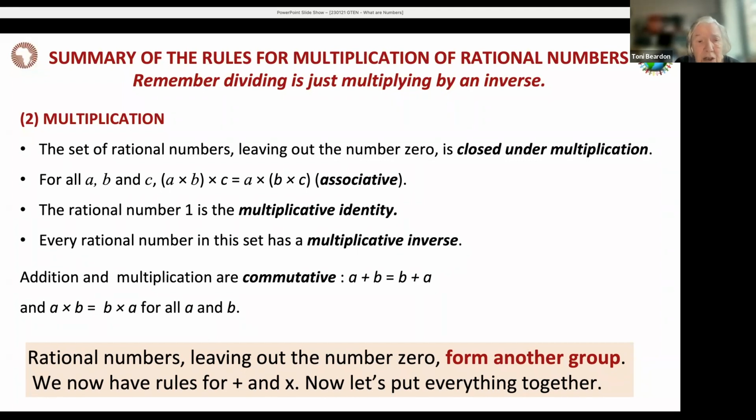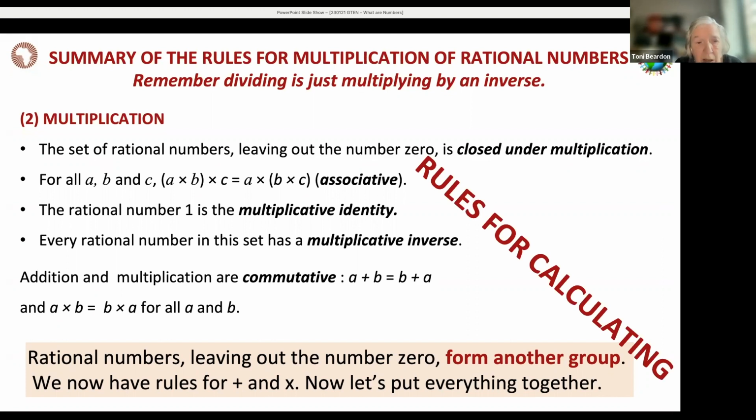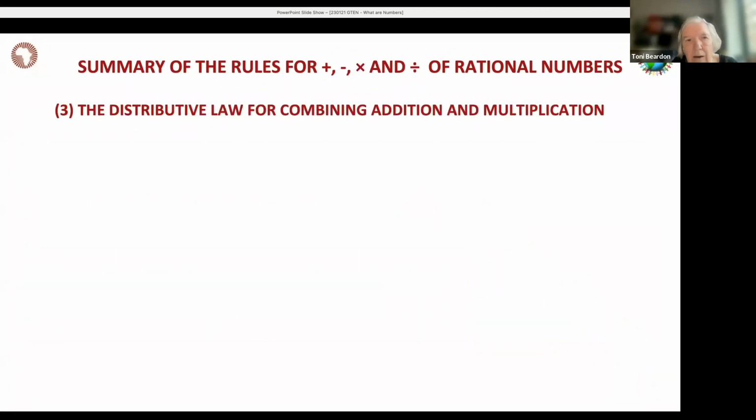In this case, addition and multiplication are commutative. A plus B equals B plus A, and A times B is equal to B times A for all A and B. So just those rules that we've seen, rational numbers leaving out the number 0 form another group, and we now have rules for addition and multiplication. Now, if we put everything together, rule number 1 only applied to addition, rule number 2 only applies to multiplication, and when we go on to rule number 3,